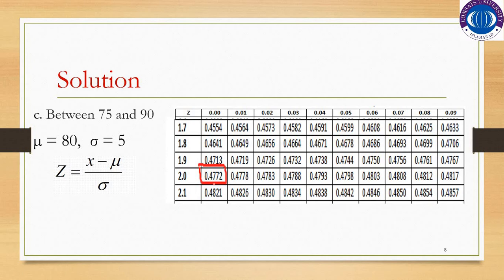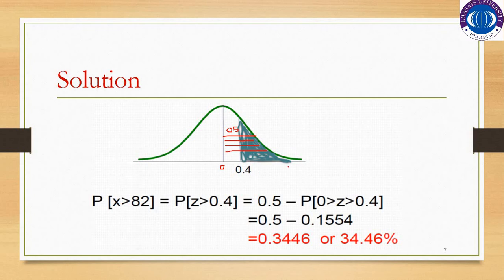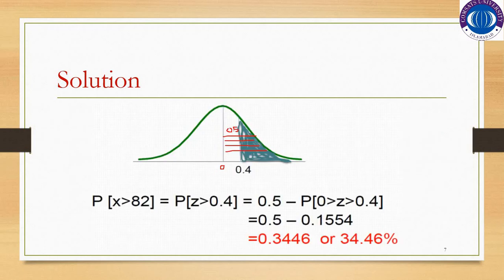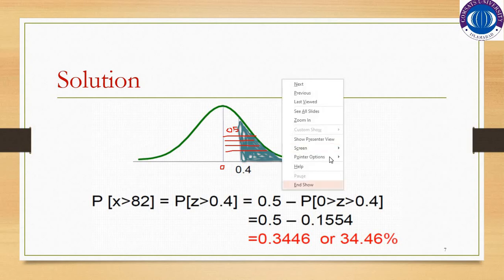It is the area between 0 and 0.4. So where is 0.4? This is 0.4 and this is the area 0.1554. So by substituting it here, 0.5 minus this particular area. If I draw it independently,